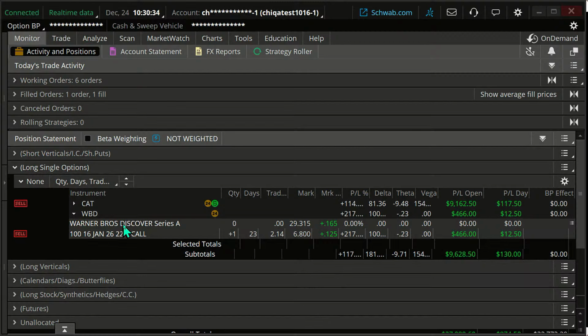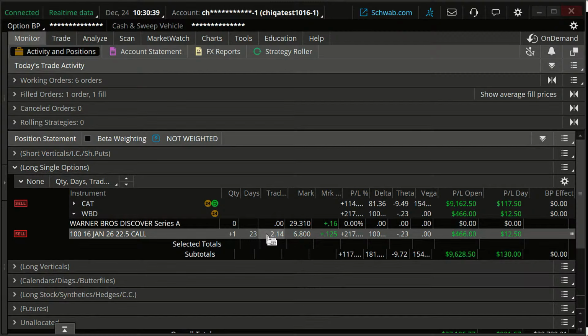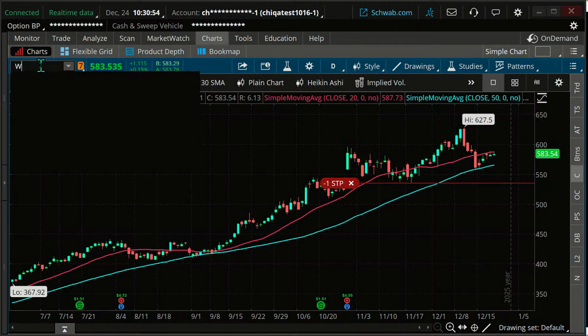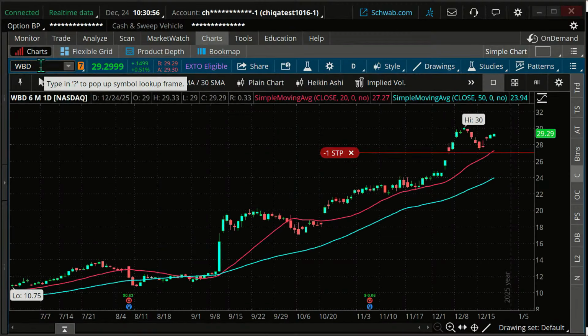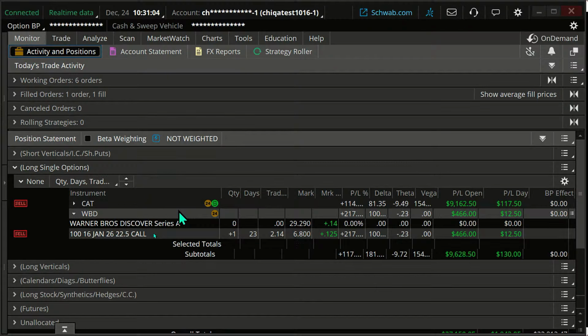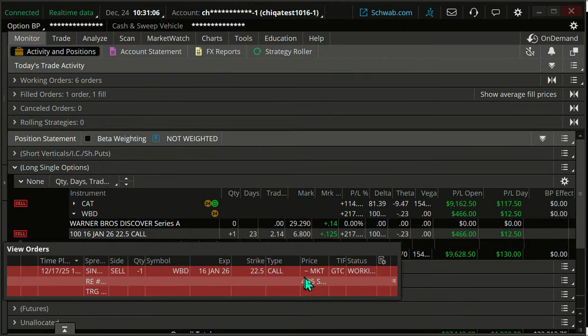Warner Brothers Discovery. This was a nice one. This is a long call. It's done well. We still have 23 days to go. Are we still bullish on it? That's kind of the question we asked on Apple earlier. That's probably going to be the determining factor of whether we stay in this or not. Well, we dropped and it had a nice bounce, so I'm going to consider this to still be bullish right now. Now we've got a stop on it of some sort, a 425 stop, and that seems reasonable right now.